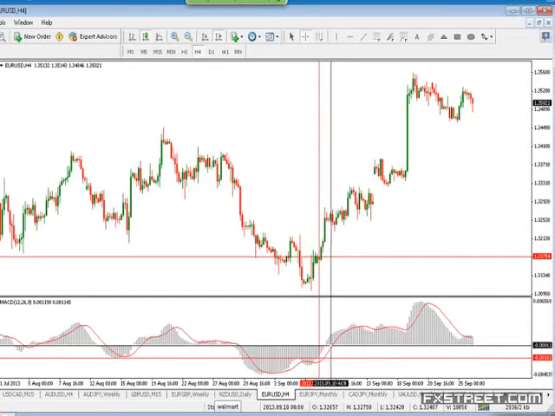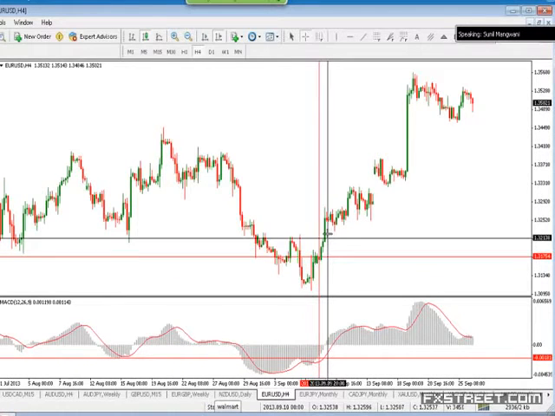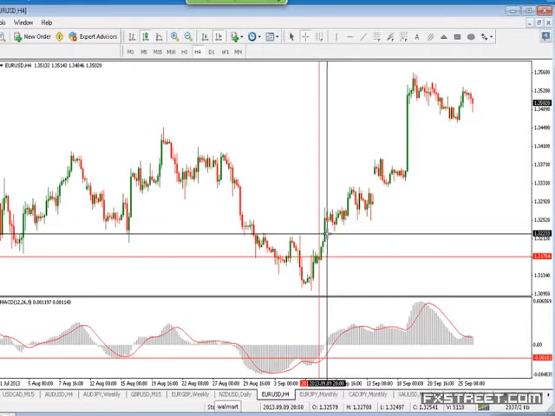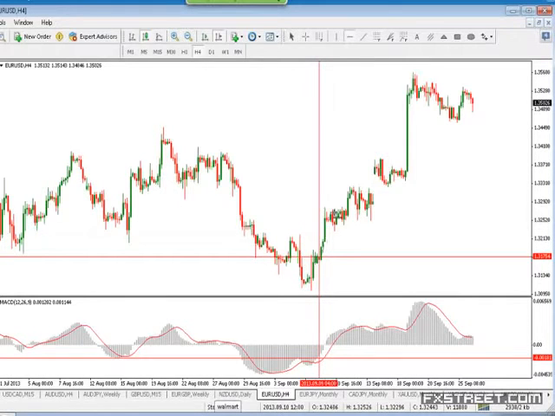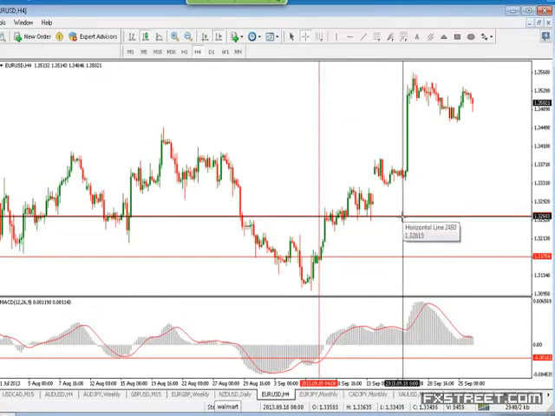Compared to the histogram bars turning positive, we would have taken an entry over here. This is a histogram bar. We would have probably taken an entry somewhere over here. So what it does is I have got an extra, in this case, about 85 pips. We are in the 4 hour, of course. I have got an extra 85 pips. I can get into a trade earlier.